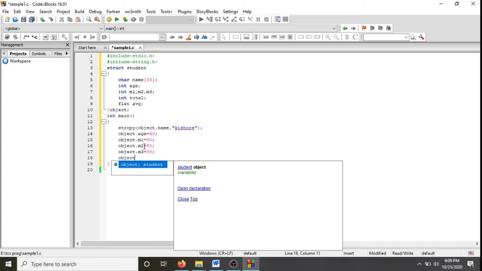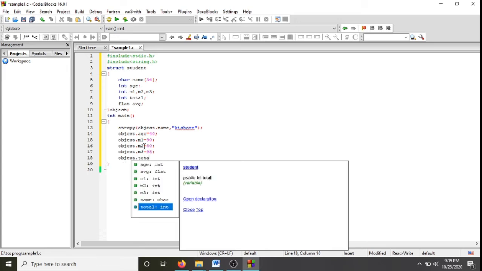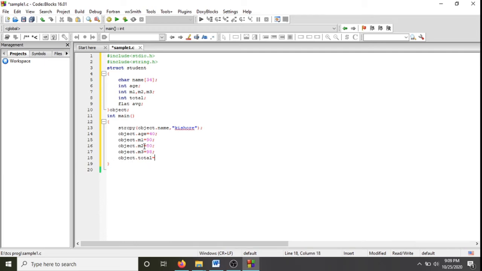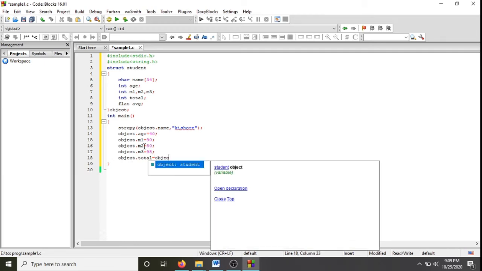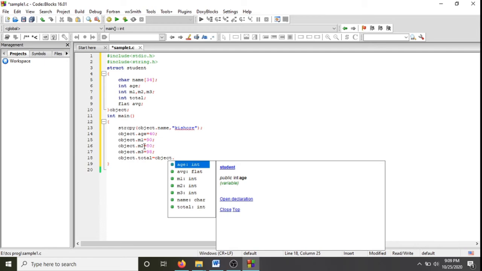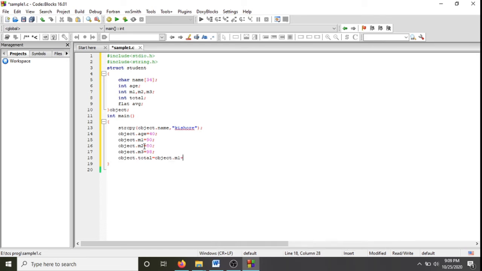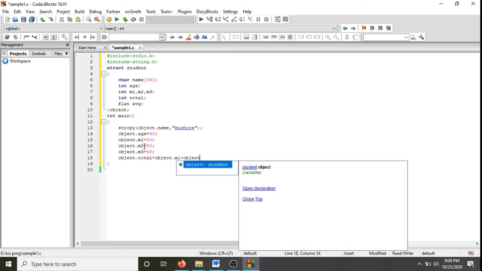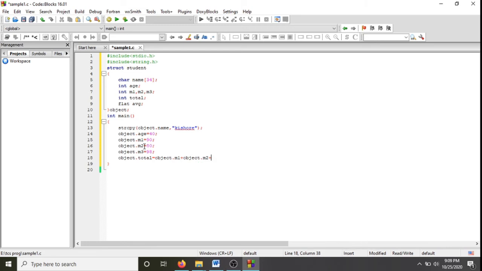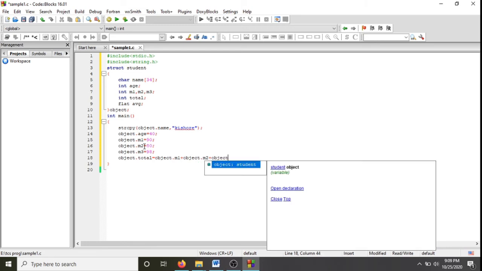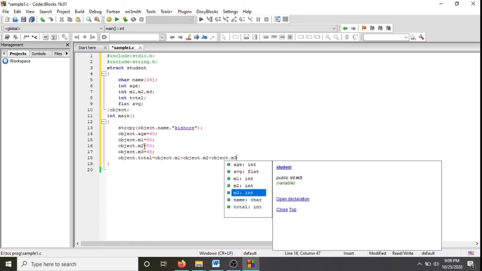And then we need to calculate the total. How to calculate the total is object dot total. Object dot total is equal to, you need to add all the subject marks through the object dot the corresponding mark 1 plus object dot mark 2 plus object dot mark 3.